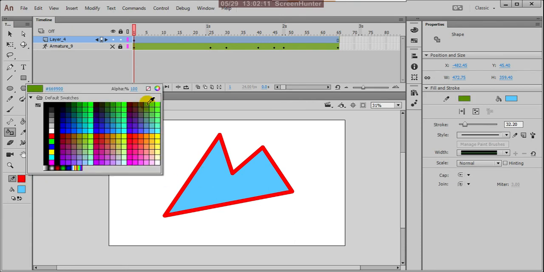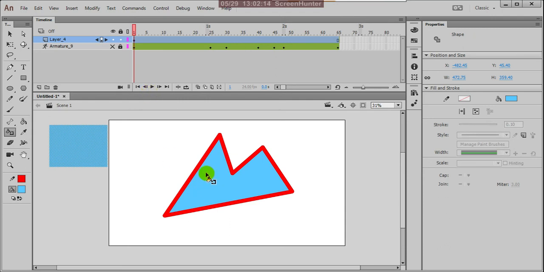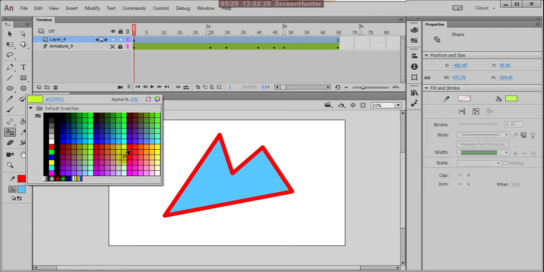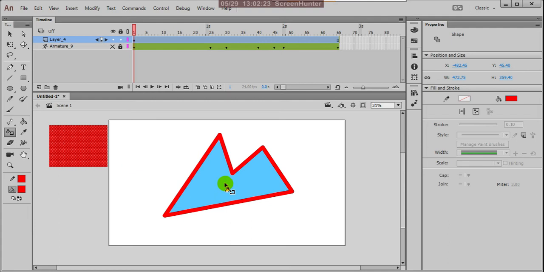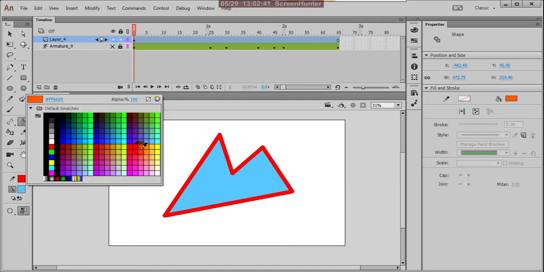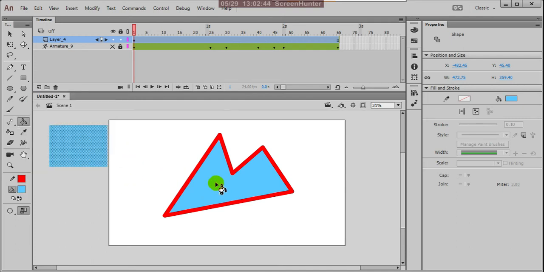Basically the color is loading here. So we are changing the colors by pressing eyedropper. With the eyedropper tool we can match the colors. And here we have the eraser tool.